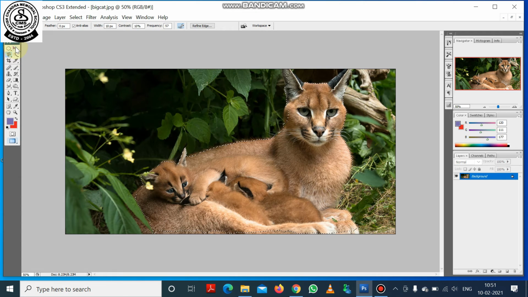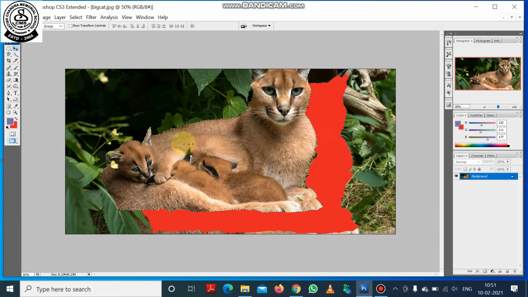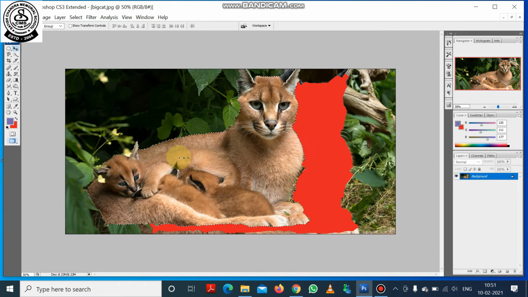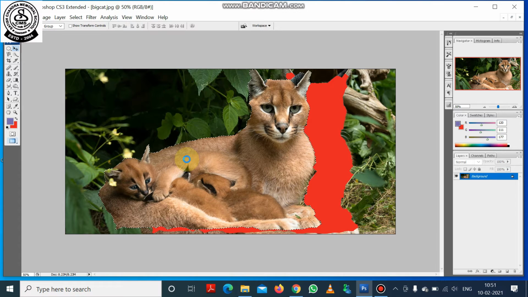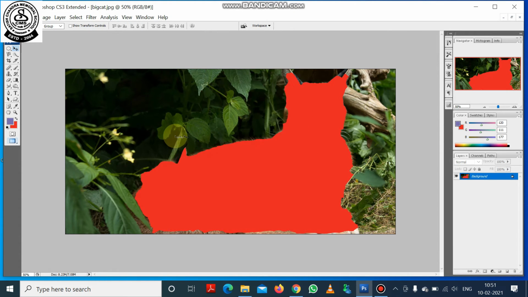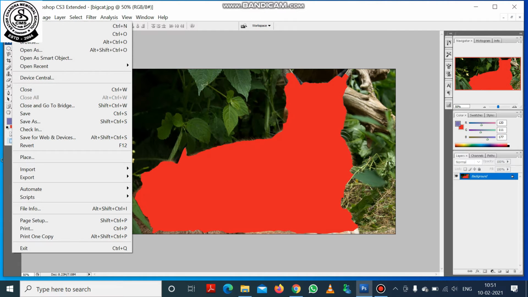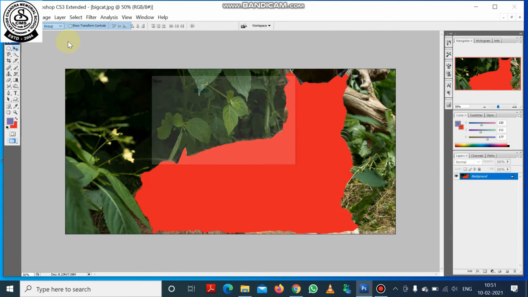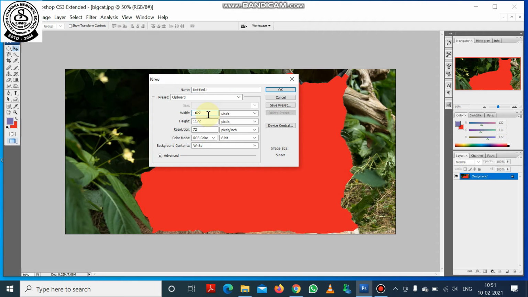Now I'm using this tool which is called the move tool. I've clicked on the move tool and I can move this part, the big cat and its baby, from the image. And what I can do, I can press Ctrl X, that means I have cut it, and then I can open another picture, or I can open a new file from the new dialog box.